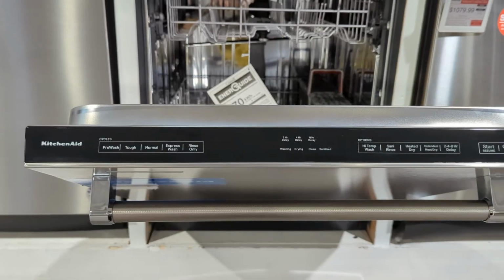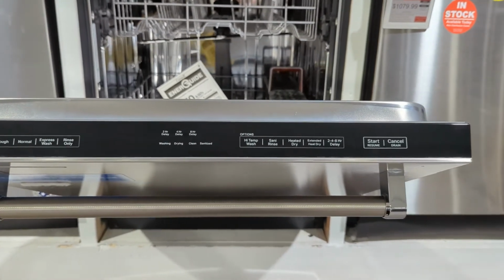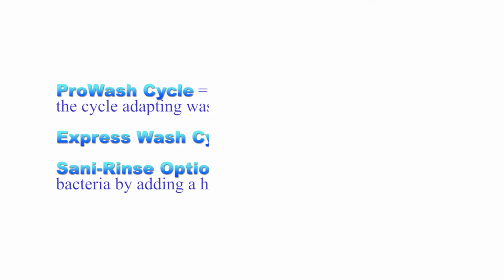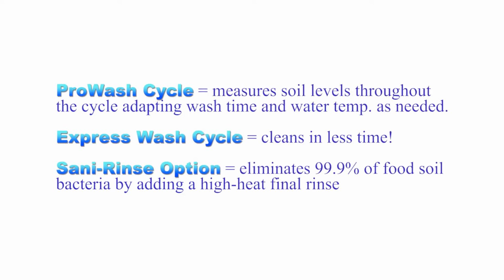So again, definitely has Pro Wash. One of the nice things about this one is it does have a rinse-only cycle. So if you pre-wash your dishes and just want something to quickly sanitize, rinse them off, would save you some water that way. It does still have your washing, drying, delays, has a sanitized cycle, which is really nice nowadays,